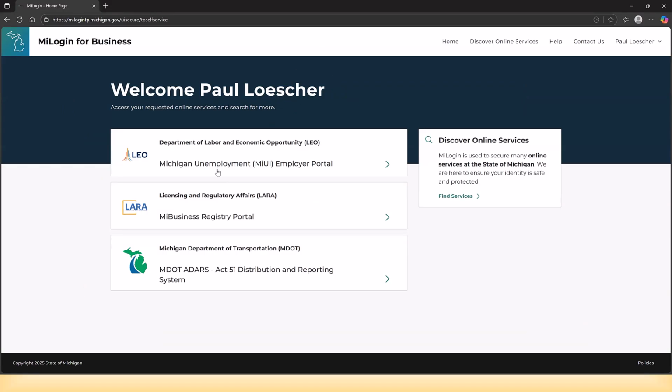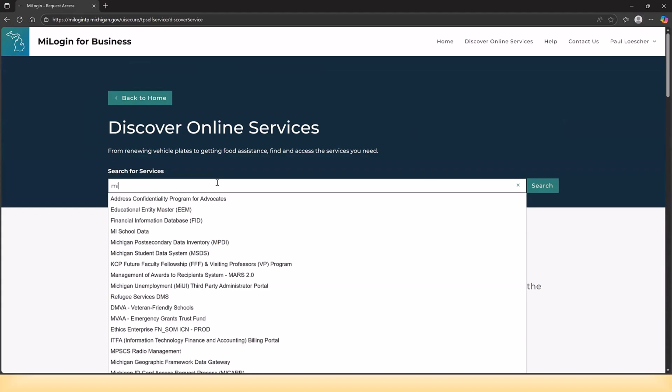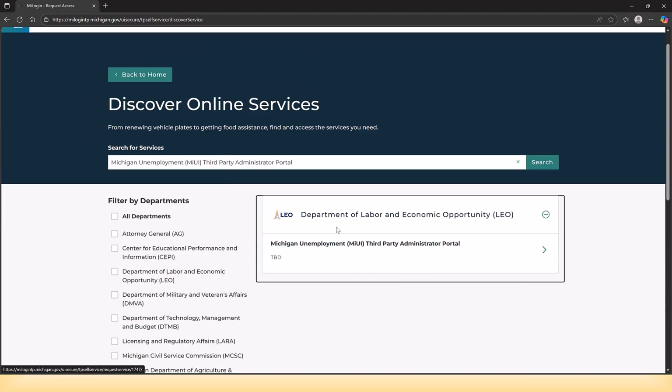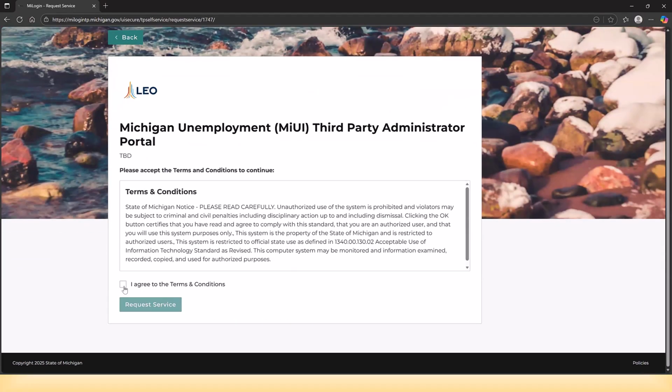As you can see, I already have the new portal. There's a find services button here, and you can type in MIUI, and you click on that. Say that I've already requested services, so you agree to the terms and conditions and click request services, and then